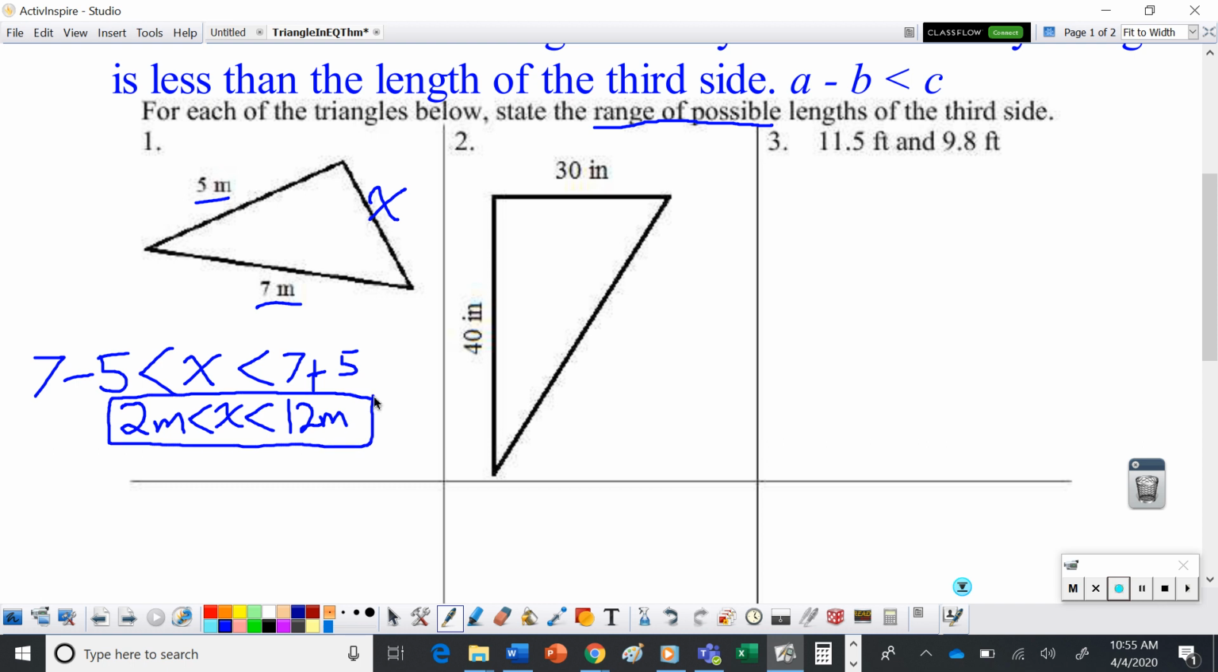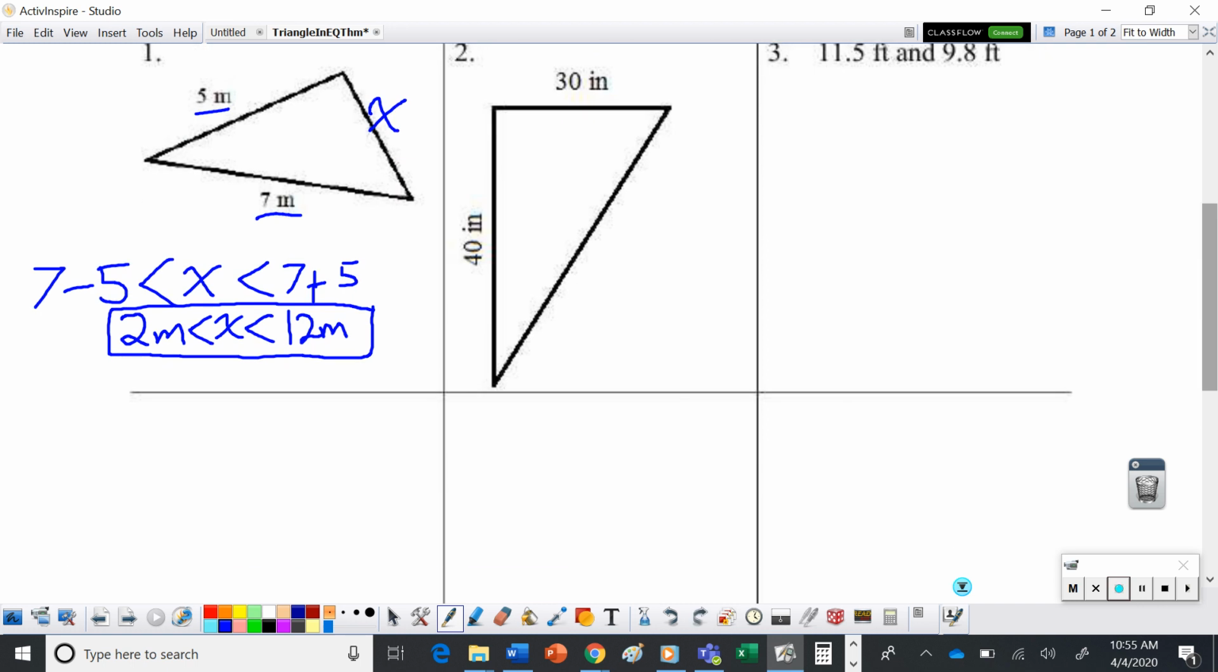Okay, let's take a look at number 2. Same kind of idea. They give us two side lengths. This time it's a slightly bigger triangle. But we're going to do the same thing. We're going to take those two sides that we're given, 40 inches and 30 inches, and we're going to subtract them. And that third side, let's call it y this time. That difference has to be less than y. Now if I take those two sides and we add them,